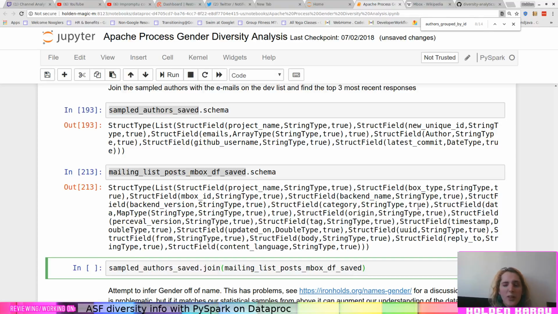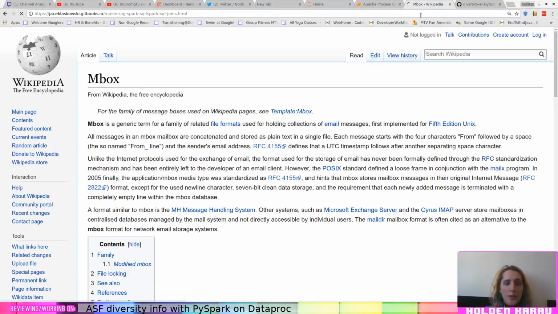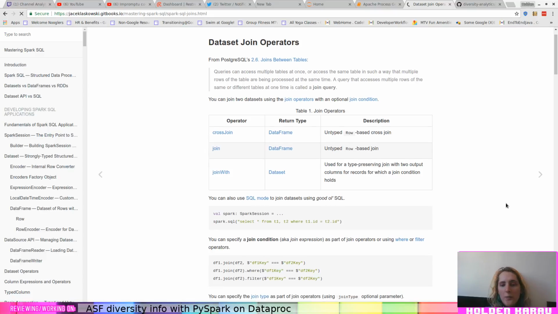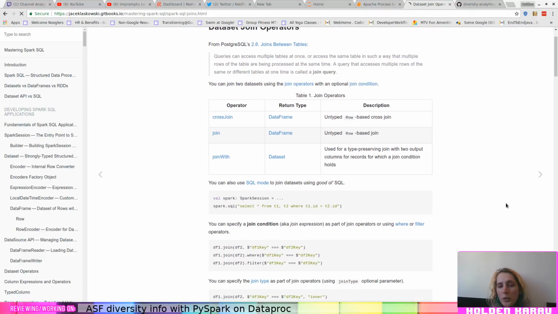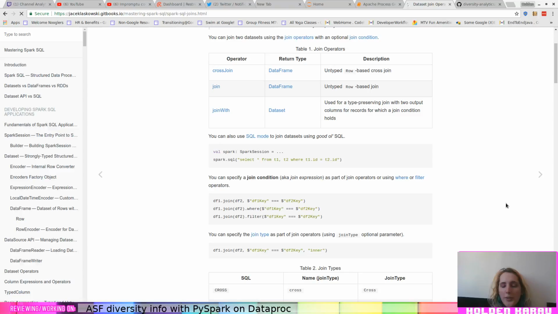That being said, my memory of Spark SQL joins is always a little bit fuzzy, especially after a long day. And Yasik has a really lovely quick summary here. So we're going to load Yasik's dataset join summary. And we are working in PySpark, and Yasik's examples are all in Scala, but that's totally okay.